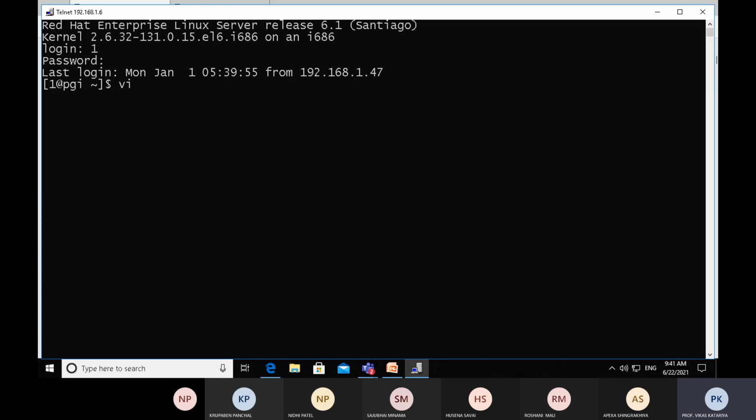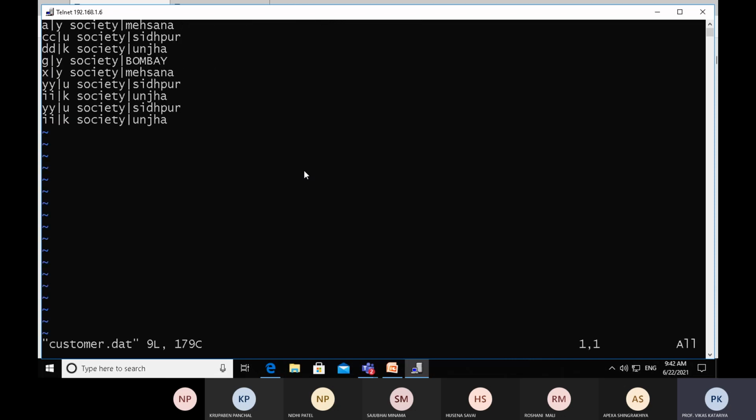Now create a date file, customer.date. We have mentioned the name of the file, so don't use another name because customer.date is already mentioned in the question. So keep the same name, customer.date. Press enter.